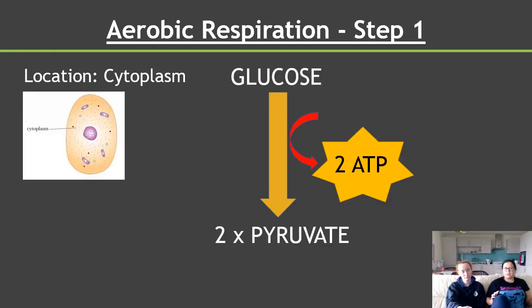Now, this is the whole of step 1 of aerobic respiration. There are 2 main steps to it. Step 1, the location that this is happening in is the cytoplasm. So we've got the redrawing of the cell. Cytoplasm, remember, is pointing at that empty space in the middle, but what it's talking about is just basically the background of the cell containing all the cell organelles. What happens is glucose, which maybe you've eaten in a high carbohydrate meal or something like that, has diffused into the cell, using diffusion,